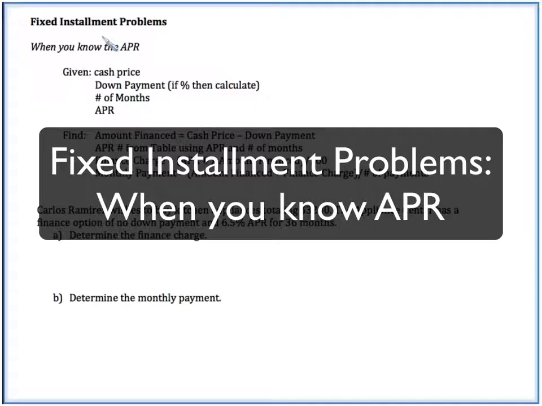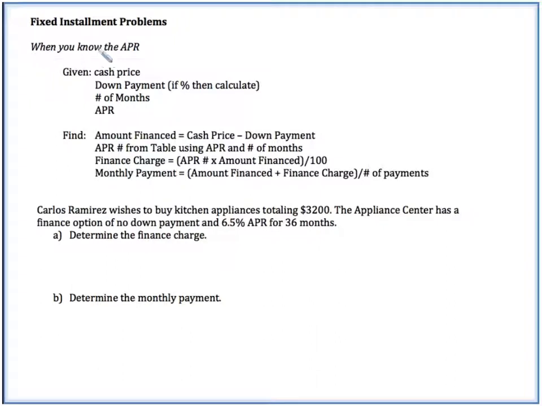Okay, we're going to deal with some fixed installment problems here, when you know the APR. In your word problem, you're going to be given the cash price, a down payment amount. You're also going to be given the number of months and the APR. And in these types of problems, you're going to be asked to find the amount financed, or how much you're